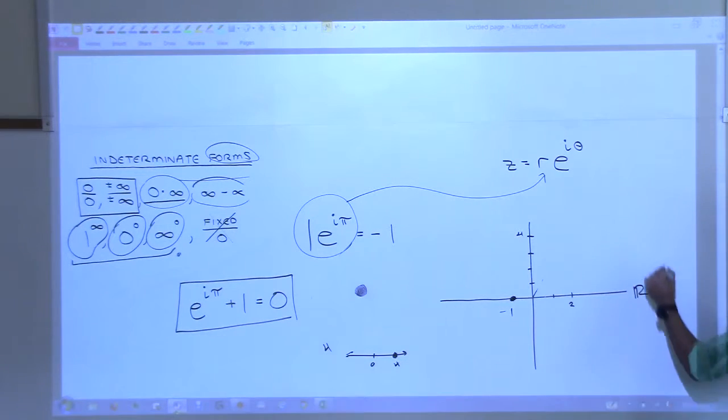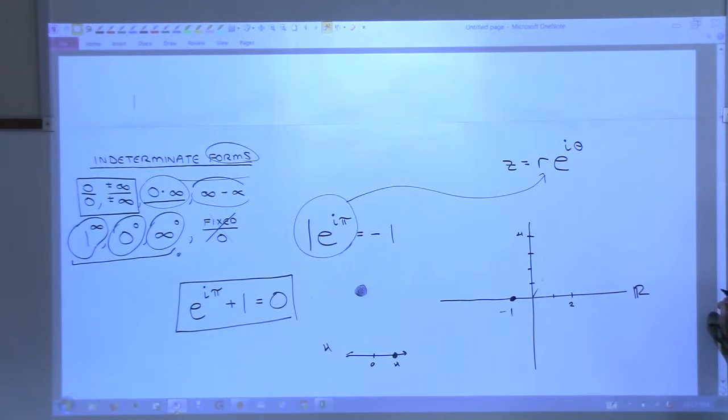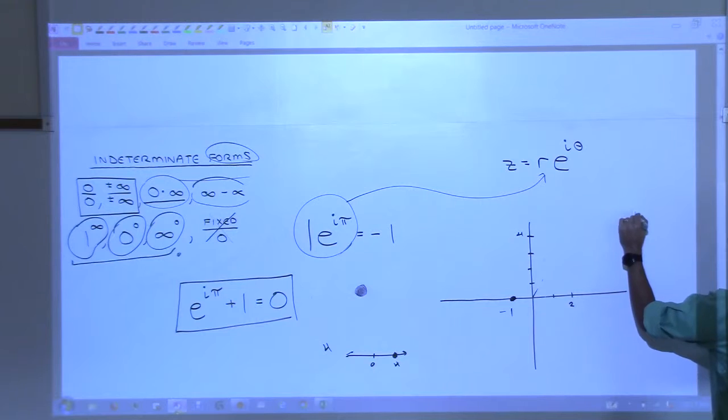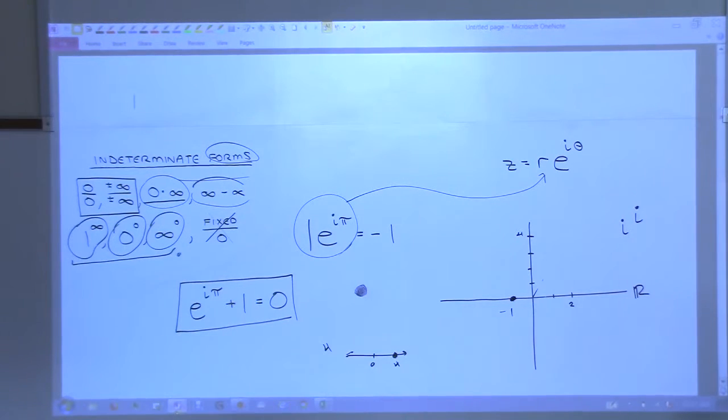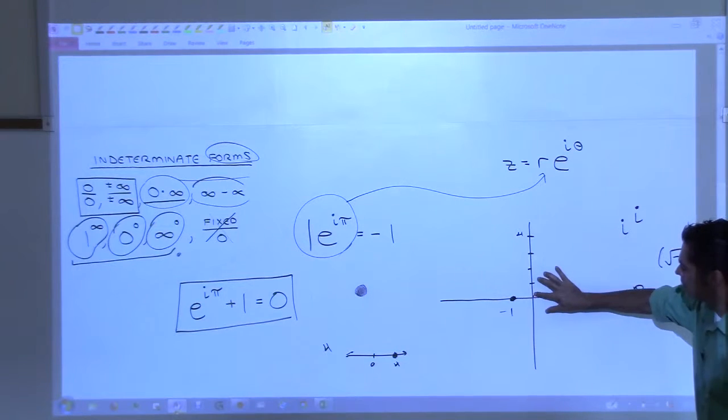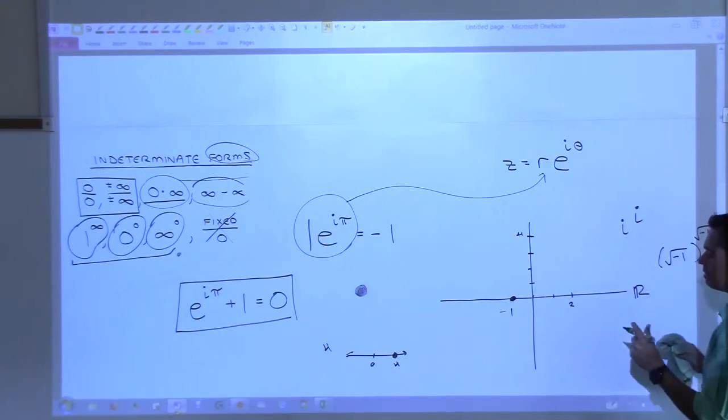Watch this. You want to stump somebody? Like you have a friend who's good at math? You can stump a lot of people with this one. i to the i. What's i raised to the i? That's saying what's the square root of -1 raised to the square root of -1. You will stump most people. Even if they're good at math, you'll stump most of them with that. Okay, so let me explain what the answer is. All right? So check this out.